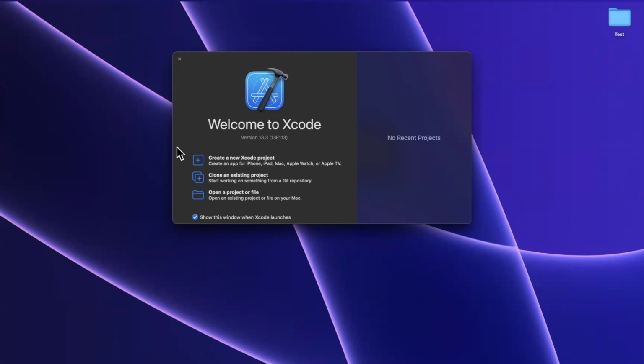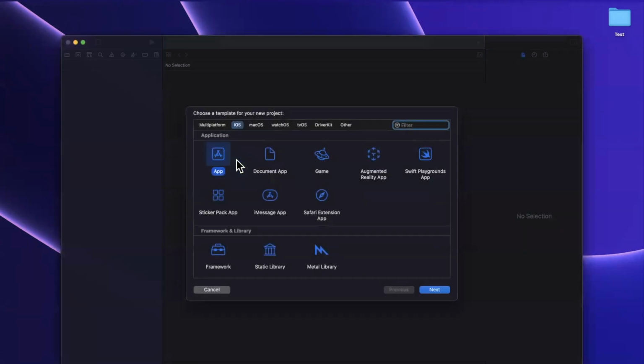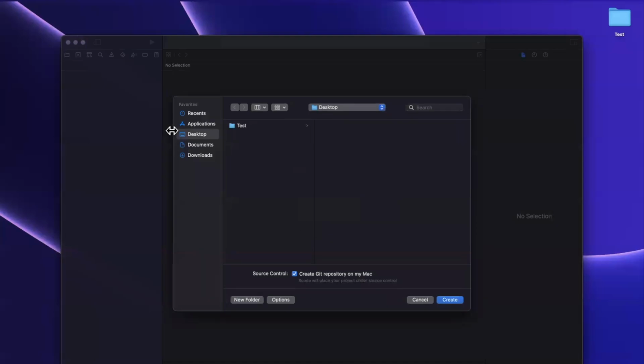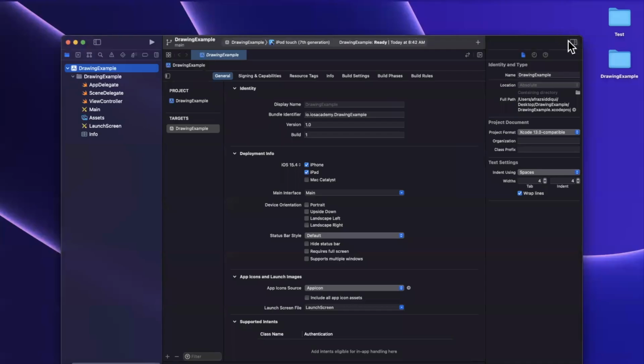Let's open up Xcode and dive right in. So I'm going to stick with an app template under iOS. We'll creatively call this drawing example perhaps. And in today's video, we'll stick with Swift and Storyboard, aka UIKit. You can achieve this in SwiftUI, but you need to bridge it with UIKit, which is why we'll just stick with UIKit today. So I'll create it, I'll toss it onto my desktop here,